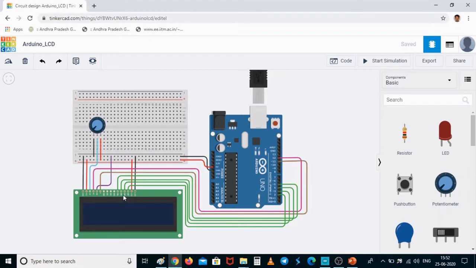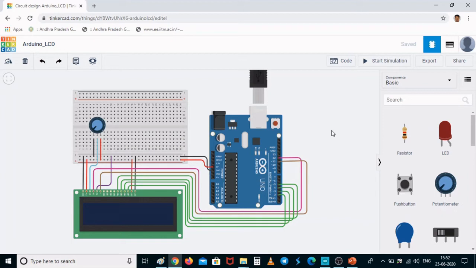Arduino Uno board. And D0 to D7 are a total of 8 data lines, but out of the 8 data lines, I have connected only D4 to D7 to pin numbers 5, 4, 3, 2 respectively of the Arduino Uno board. Out of the 8 data lines available in the LCD display, only D4, D5, D6 and D7 are connected to pin numbers 5, 4, 3, 2 of the Arduino Uno board. And lastly, for the LCD backlight pins, the anode is connected to the power supply of the Arduino Uno board and the cathode is connected to the ground of the Arduino Uno board. So these are all the connections.